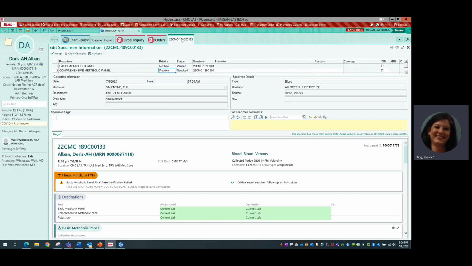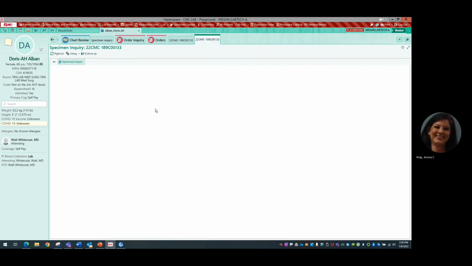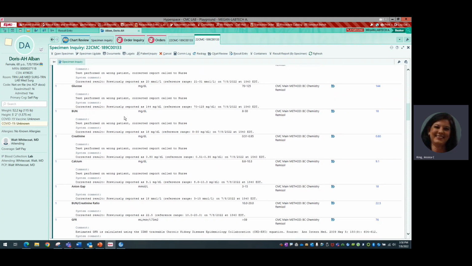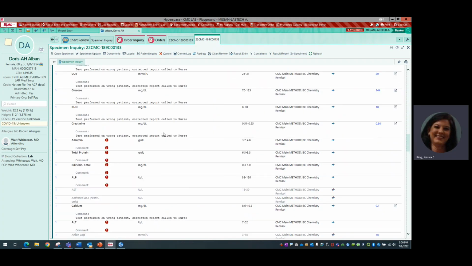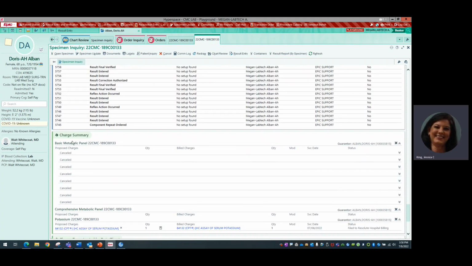Oh, I said specimen update. So sorry. Right here, specimen inquiry. It's the second tab over. And I'm going to find that BMP. So it's right here. So this is my tracking. I'm going to scroll down and see that ugly report until I see my charge summary. On charge summary, there's that. Oh, somebody's already done my, I guess we've done this in an earlier class, but let's just say it was this comp